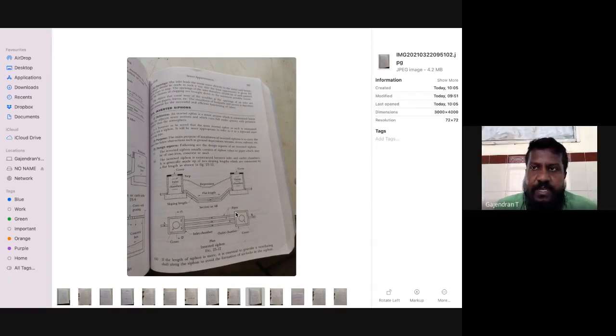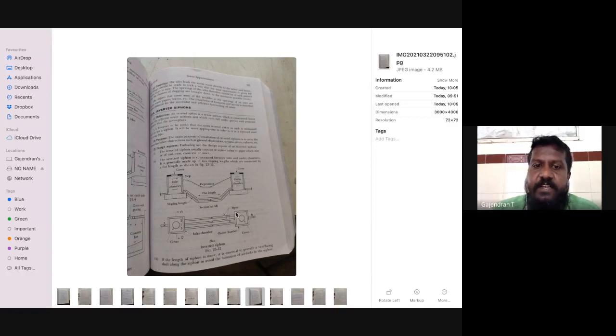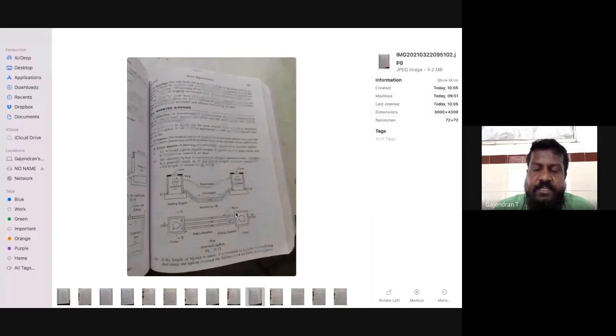Inverted siphon is used at times when there is definitely an obstruction, as in it could be a tree, or it could be another important pipeline. In those cases, inverted siphons are used, wherein the water is forced down and then forced into the next chamber. So these are also called depression sewers. The intent of this is wherein a straight line is not being taken with the slope, and there is some obstruction which has come in, and in those conditions this would be used.